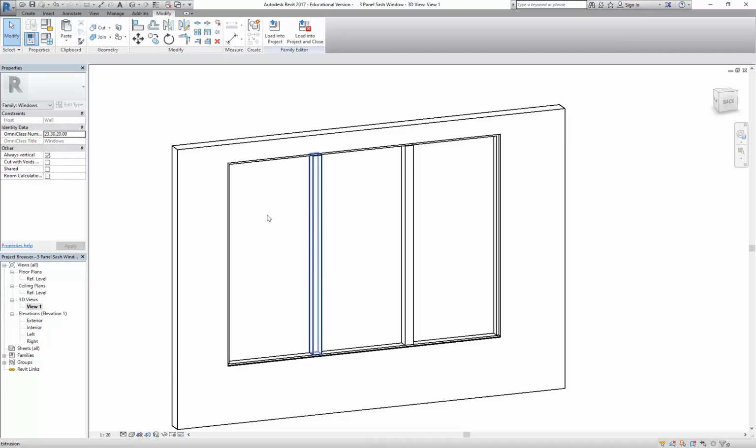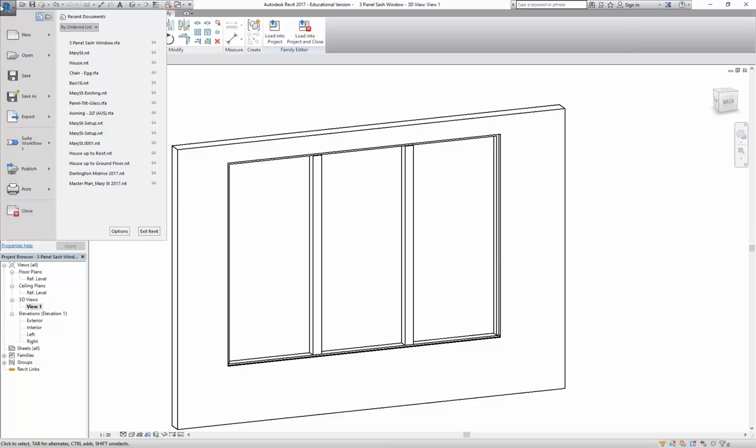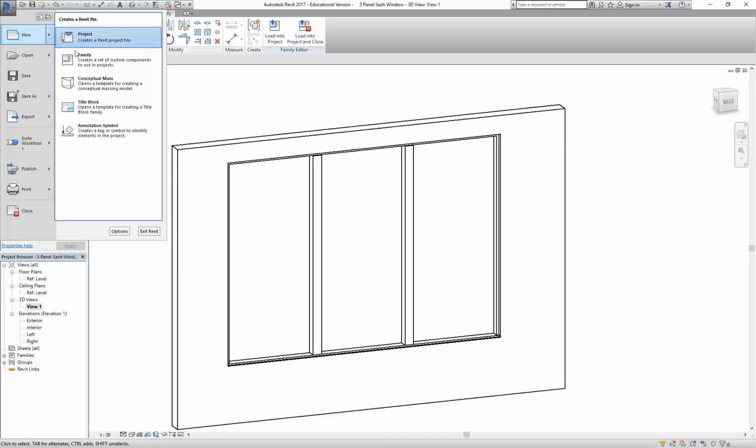So, back into Revit. I've got the file there which is going to host my sash, but I'm not going to make the sash here. I'm going to make another family file. So I'm going to go to the main menu, New, Family,